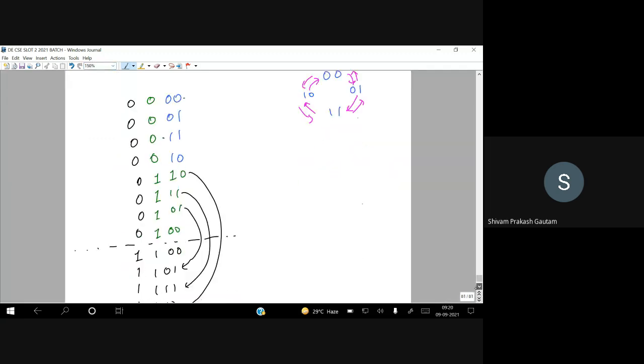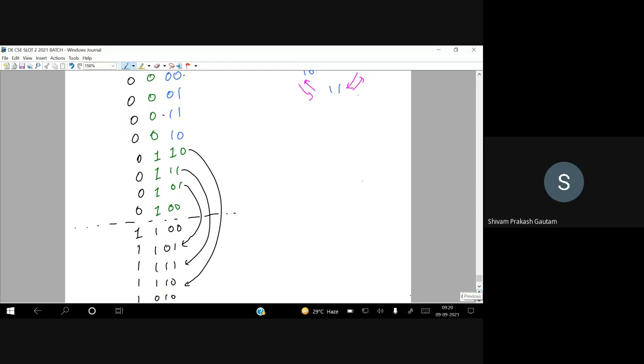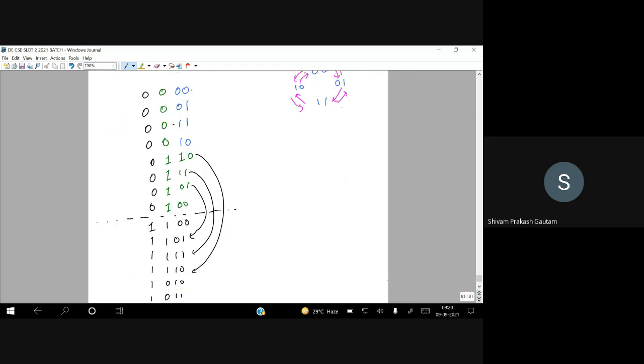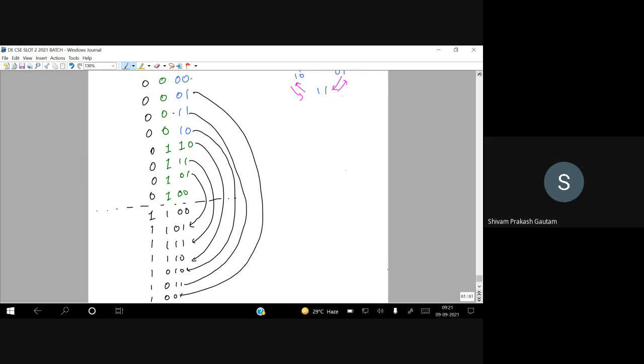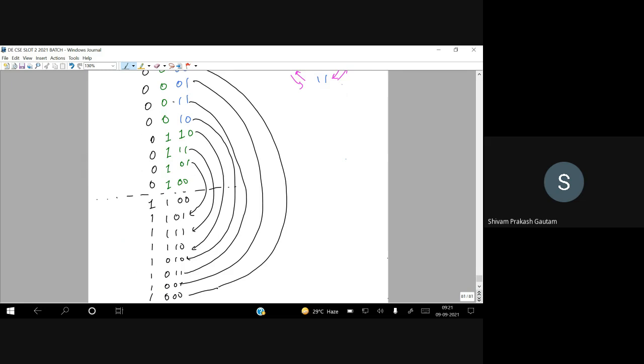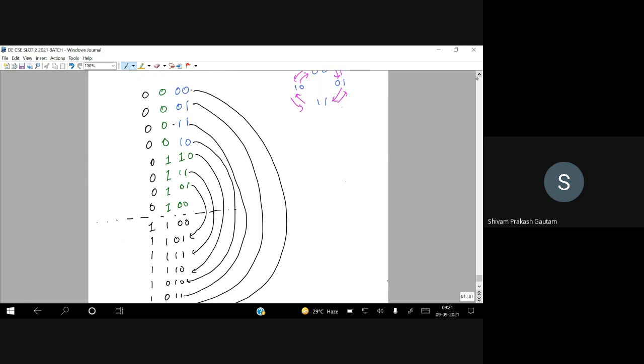So you can see when we are having a 4-bit number, this is how the gray code will look like. So this is the mirror image of this. Are you getting the point? This is 4-bit gray code. Why am I telling you? Because you already know the formula, but if somehow you forget the formulas, this is how you can make a gray code when you want a binary to gray code conversion. This is clear or not? Tell me.